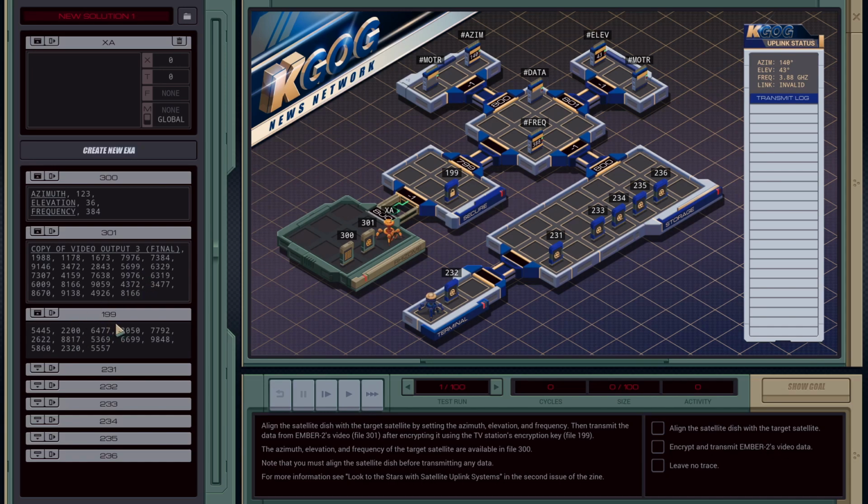Oh no. Is this where I have to finally use Swizzle? The azimuth, elevation, and frequency of the target satellite are available in file 300. Note that you must align the satellite dish before transmitting any data. For more information, see Look to the Stars with Satellite Uplink Systems in the second issue of the zine. Yeah, I'm definitely going to have to look at that. I don't even know what it's saying when it means encrypt it. I mean, I get the gist, but I don't know how that's going to happen, so let me go ahead and